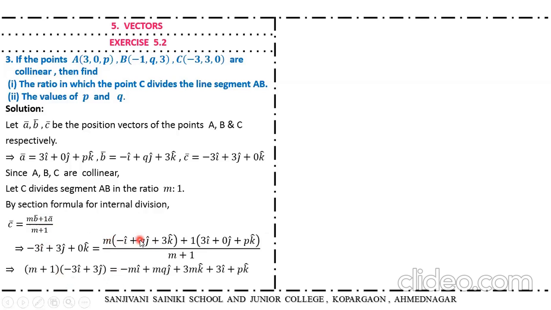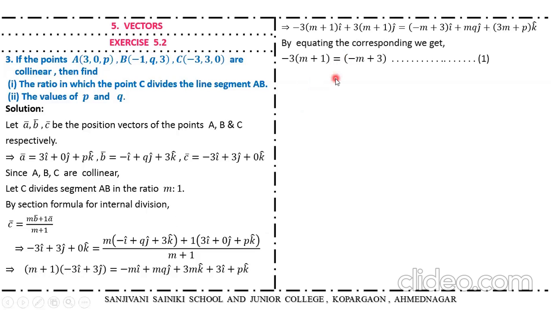Multiply this bracket by M, this bracket by 1. Now take the coefficients of i, j and k together. At the same time multiply this M plus 1 inside this bracket. So by equating the corresponding components, means equate the i component, the j component and the k component, you will get